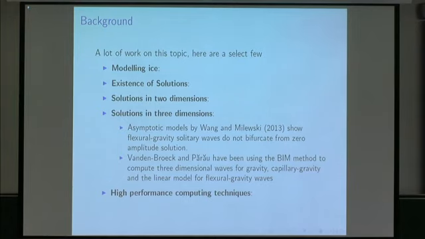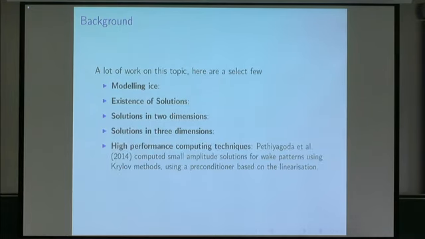And then in 3 dimensions, Zan and Paul have done some asymptotic models, and they looked at generating bifurcation diagrams, and they showed that these flexural gravity waves don't come in at 0 amplitude, and Emilian discussed that. And they've been using a boundary integral method to compute these waves for the fully nonlinear model. And also, there's been work by